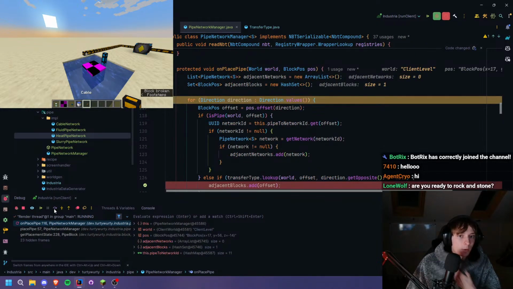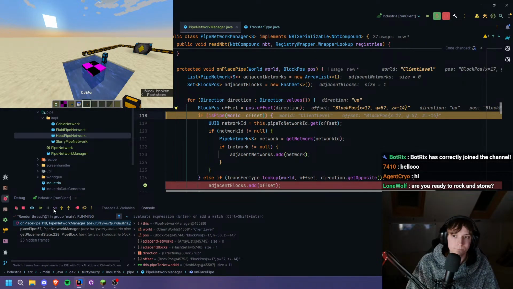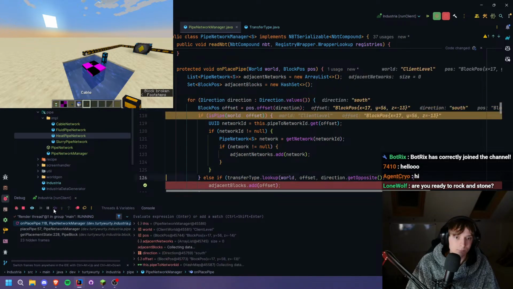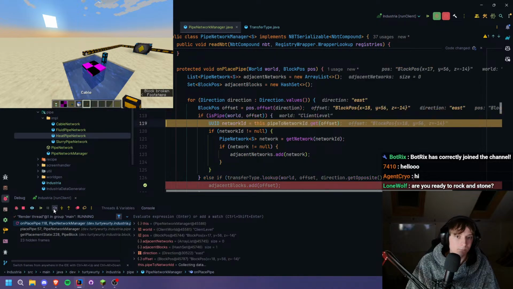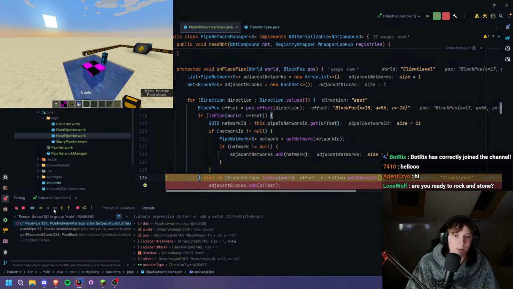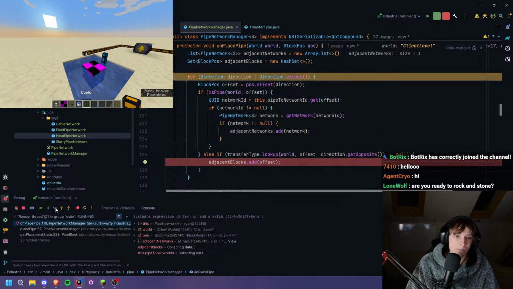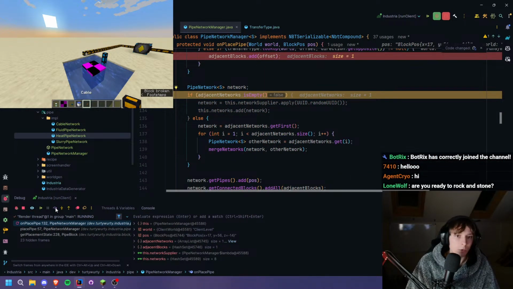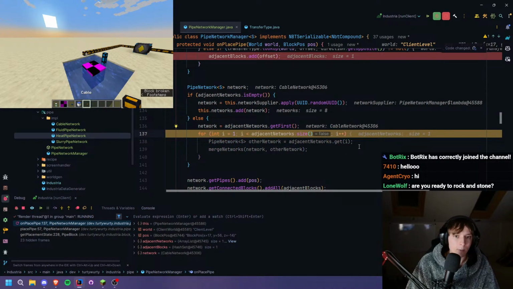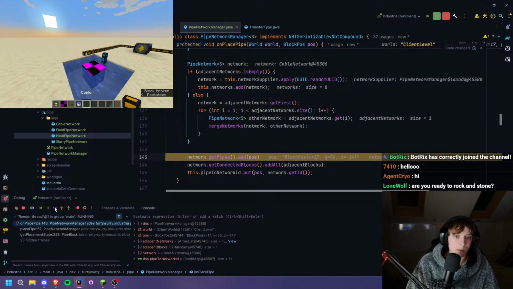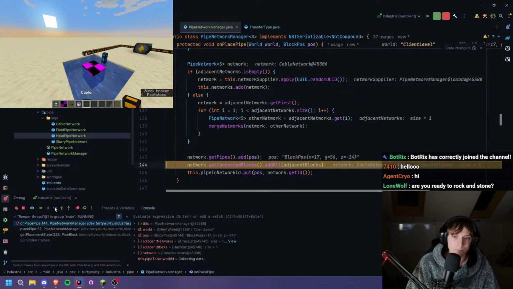So if we step over, we'll just follow it through. So we find an adjacent network. What it should do is get that network from the adjacent networks, which there'll only be one network, and then it'll add the pipe, and it should also add the adjacent block. So if we see that the network here,